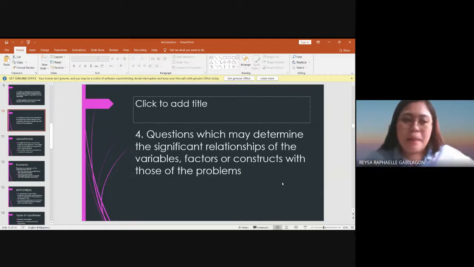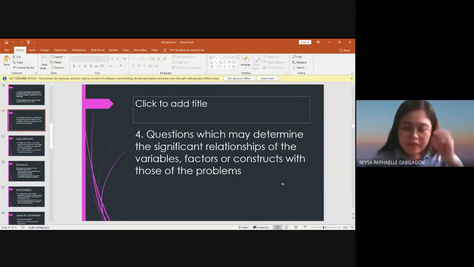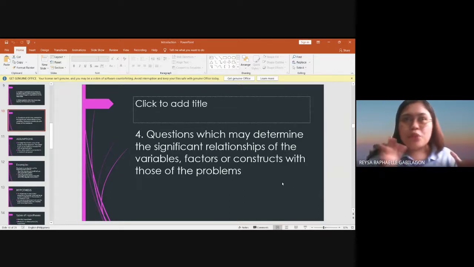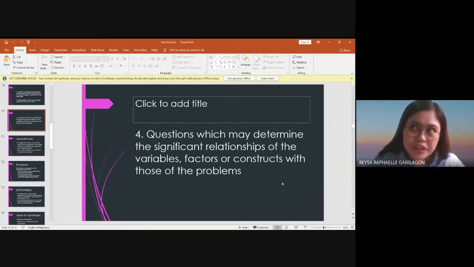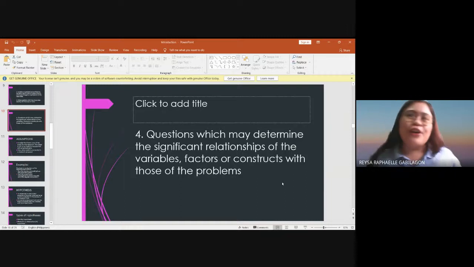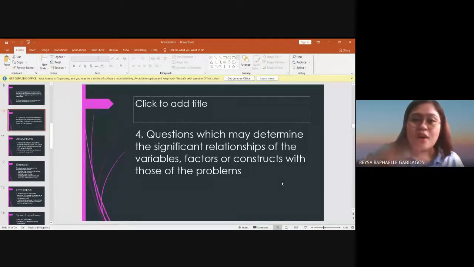So sa title pa lang daan, makita na nato na we really have to have a question about the significant relationship. Kailangan natin ma-determine ang significant relationship between the medical fake news and fear mongering during pandemic and relationship niya doon sa vaccine confidence. So that is just an example of a descriptive correlational na study na kailangan ng question